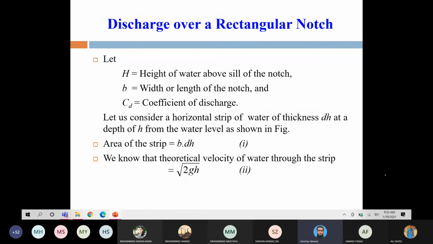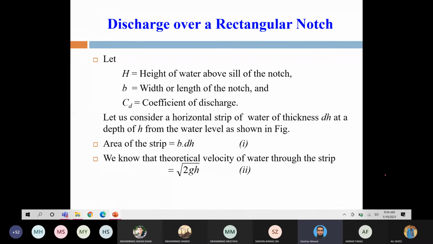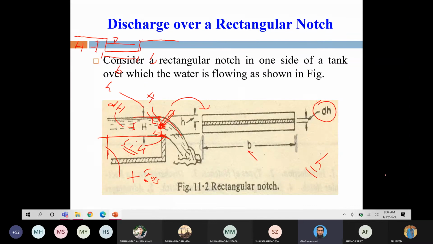Okay, so let h be the height of water above sill of the notch, B be the width or length of the notch, Cd is the coefficient of discharge। कोफिशिएंट का आपको पता है, लास्ट टाइम हमने इसमें डिटेल डिस्कशन ऑलरेडी की थी, that what is the coefficient। Let us consider a horizontal strip of water of thickness dh at a depth of h from the water level as shown in the previous figure, this one। Area of the strip is B dh, ठीक है जी, क्योंकि width constant है। अगर मैंने ये एरिया निकालना है, this times multiply by this dh, it gives an area।